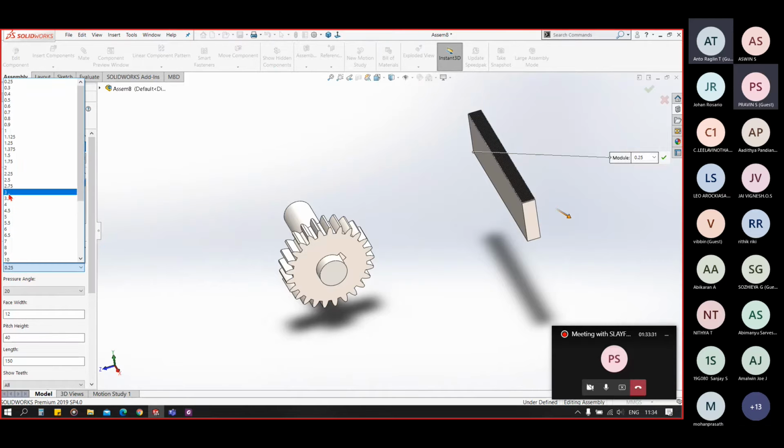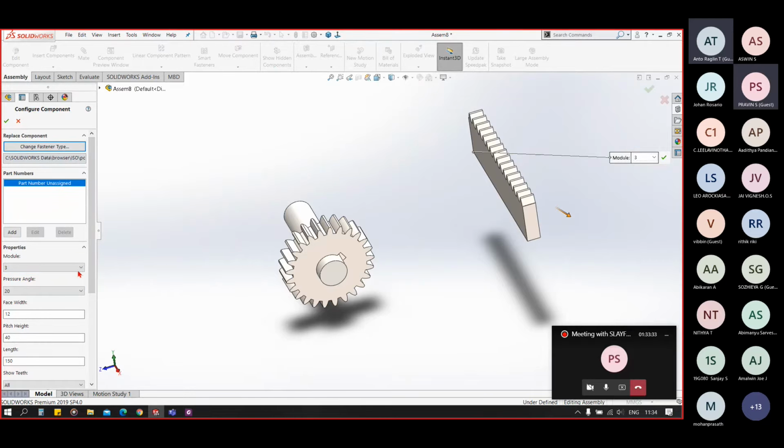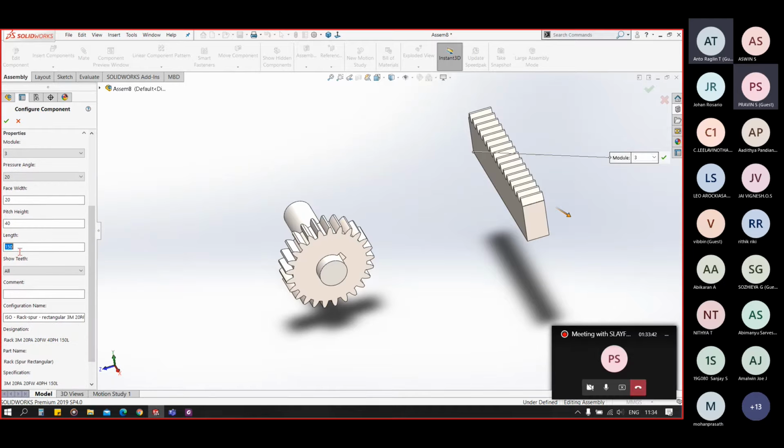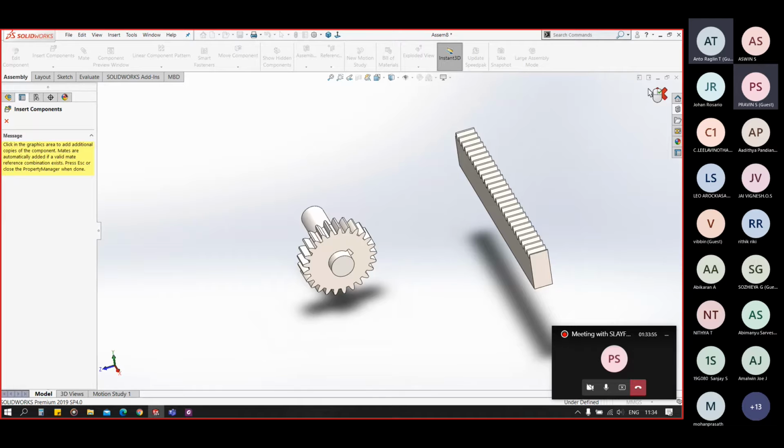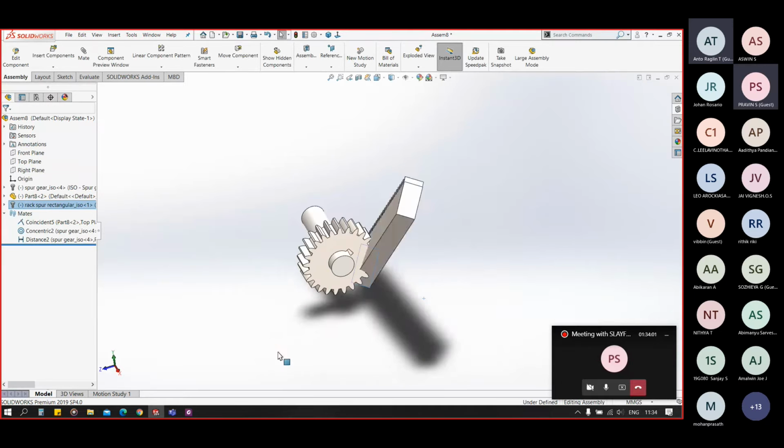I have my module 3, pressure angle 20, face width 20, length 250, and click on OK. And click on cancel. So we have our rack here.